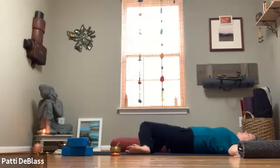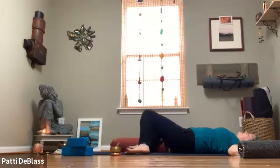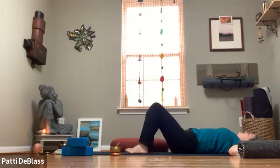Let the body settle. And then if it feels right to take the gaze over the opposite shoulder here, go ahead and go there. Inhale, come on back up to center with the gaze. And then inhale, the knees back up. You're keeping the feet wide, knees are tented,